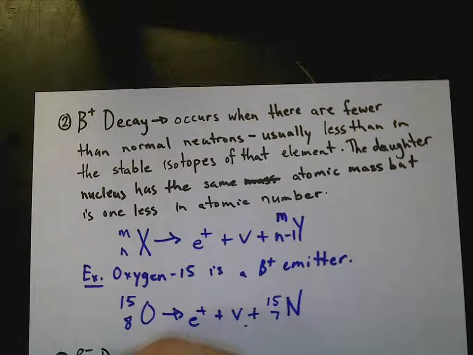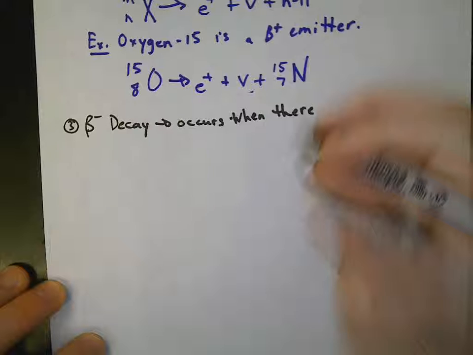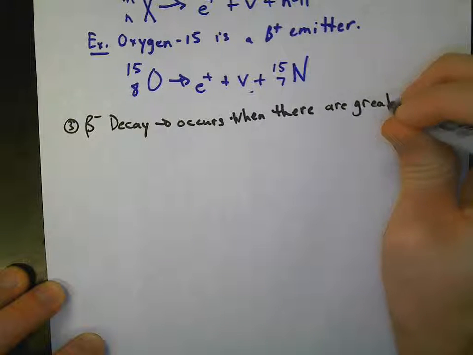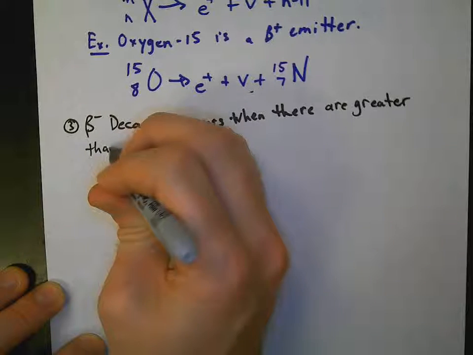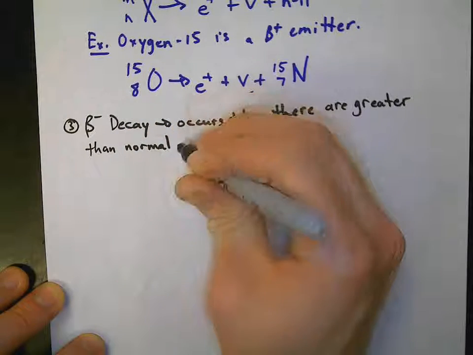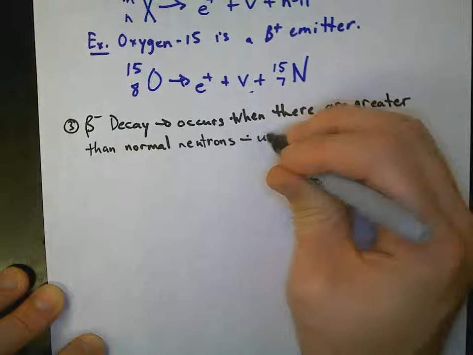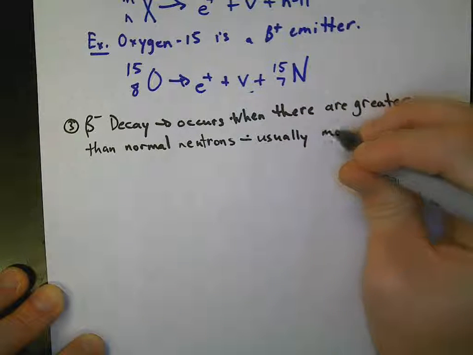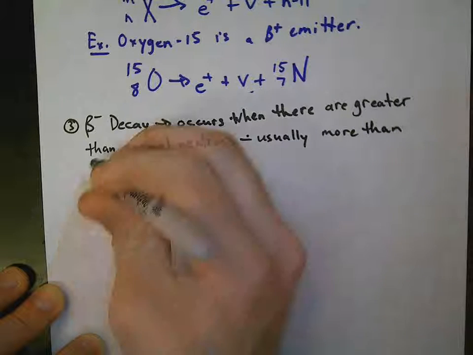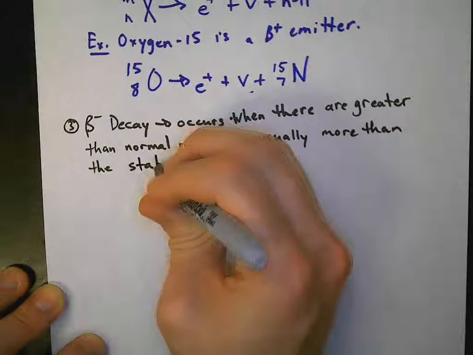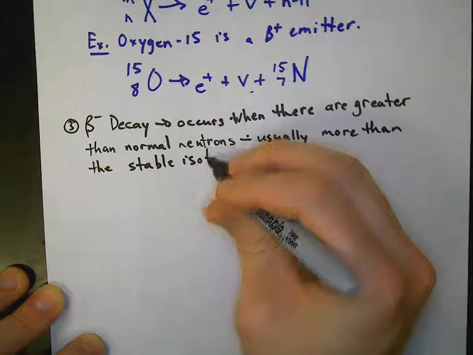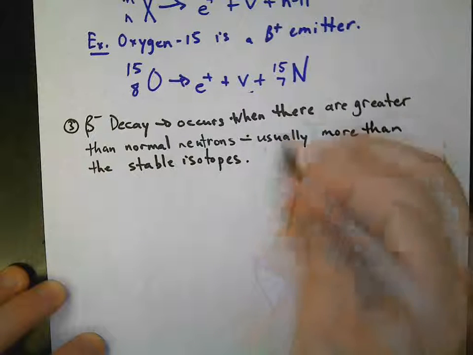and then we have beta negative decay. And this occurs when there are greater than normal neutrons, usually more than the stable isotopes. In this case, the daughter nucleus